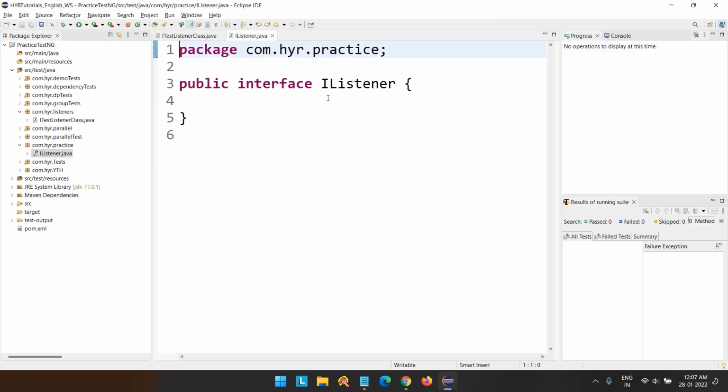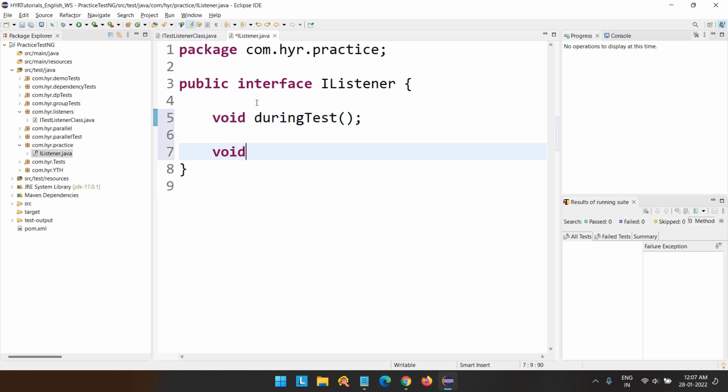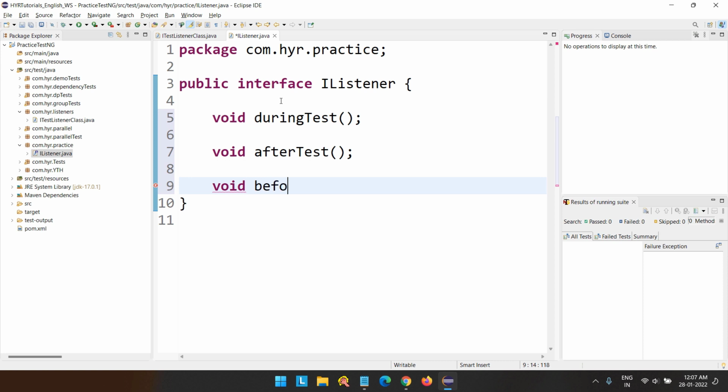So I have some interface called iListener and I want to keep some methods inside this. How do I mention the methods? Void, and I'll just mention it as during test. I'm creating one method called during test, and one more method called after test. Some random methods, guys, don't only take the names. I'm just creating random names, and one more method like before test,